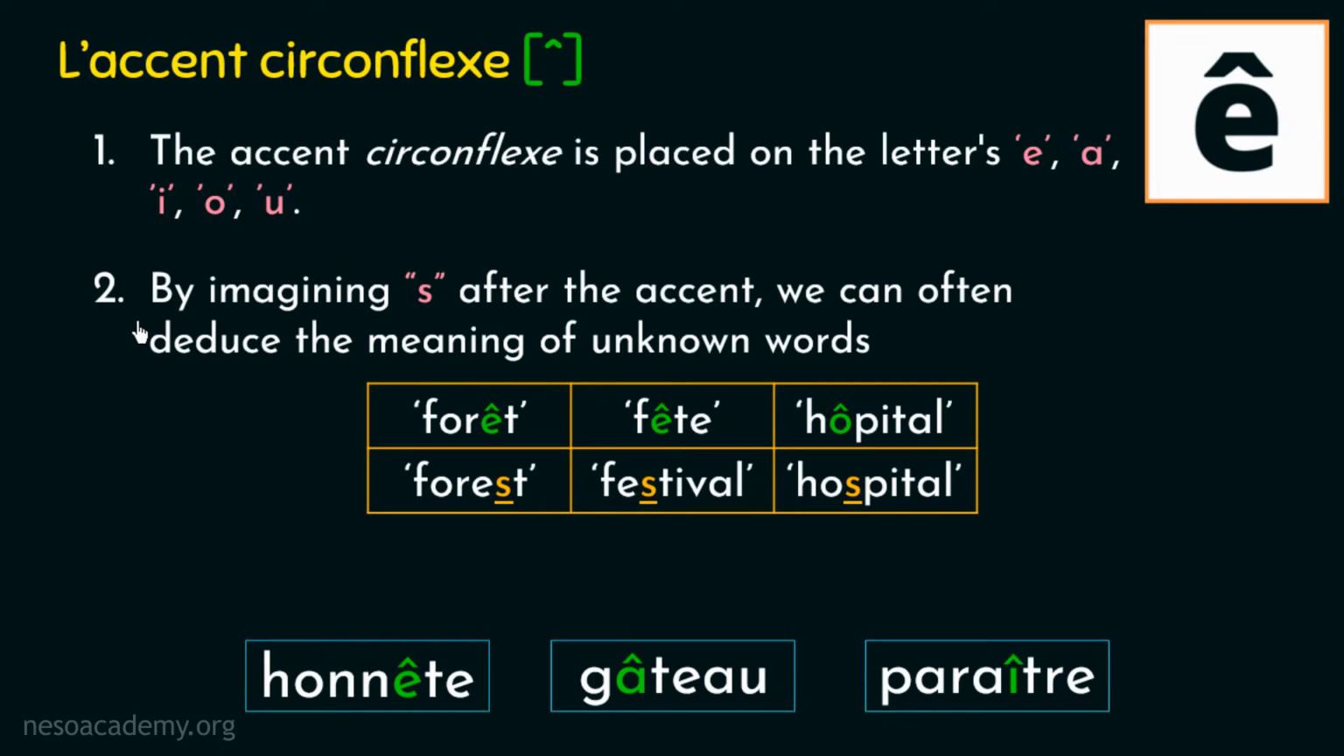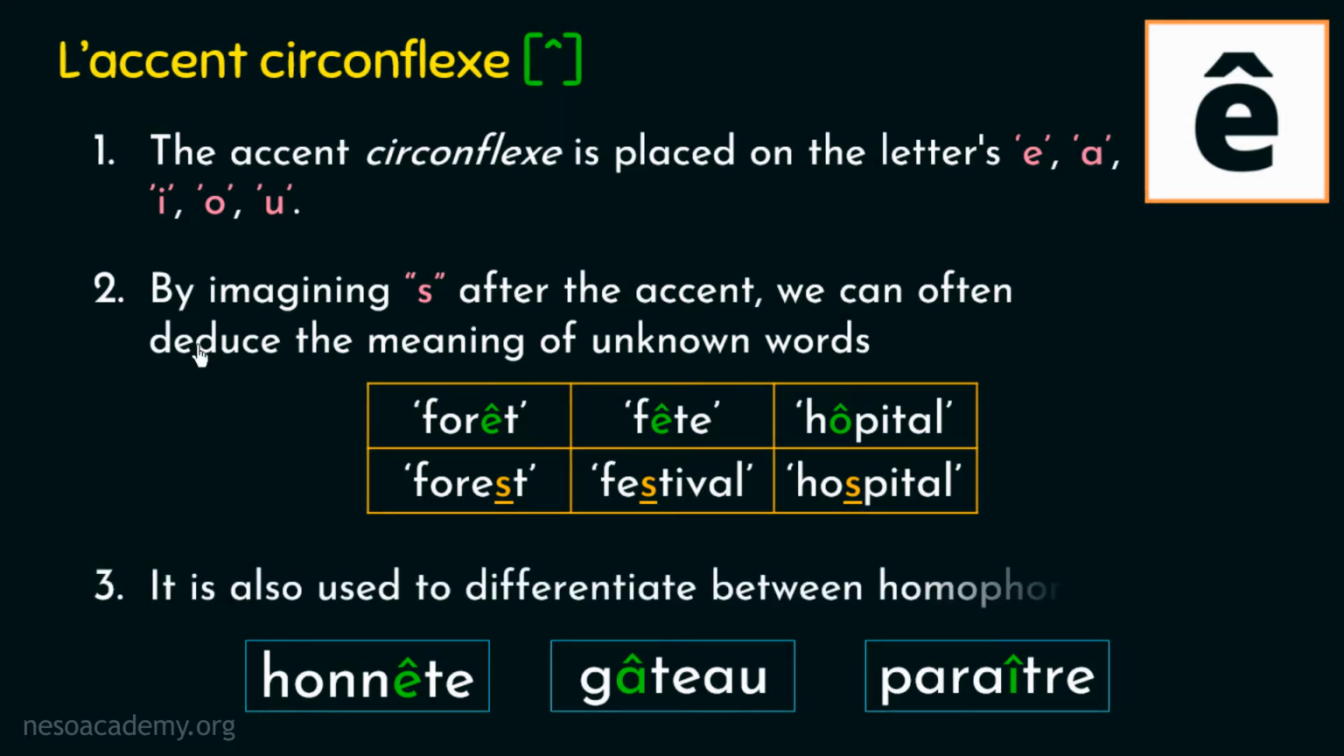Now let's talk about point number 3. So here we have our point number 3. And point number 3 states that accent circumflex is also used to differentiate between the homophones. Now, what do we mean by homophones? As we have discussed in the previous lecture, homophones are the words that have the same pronunciation but different meanings